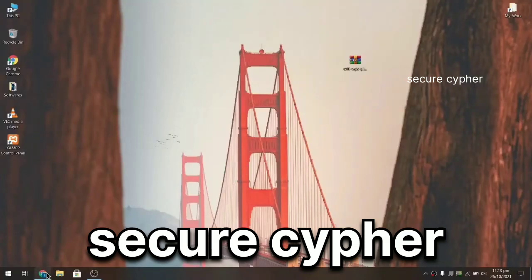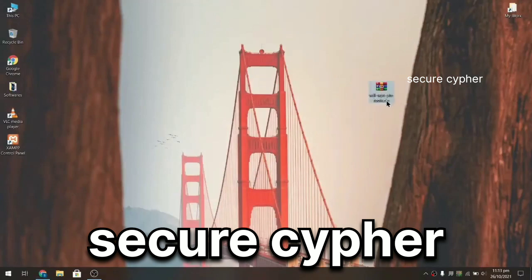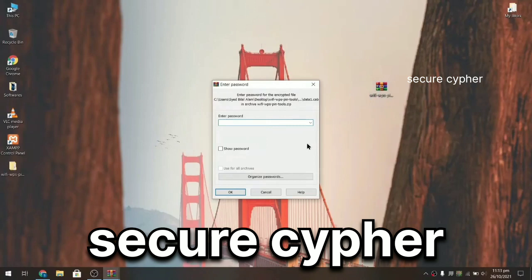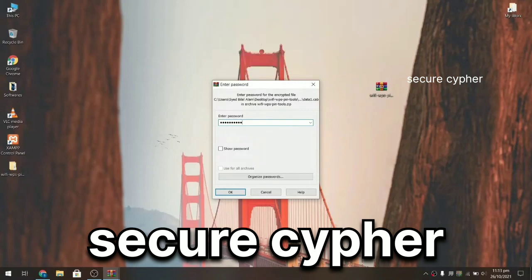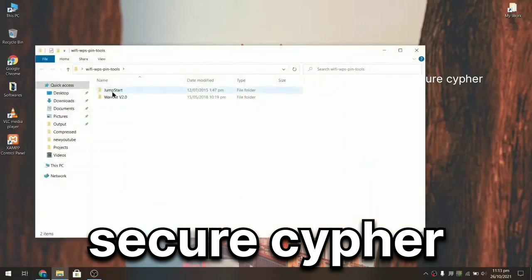So first of all, you have to open your browser and open this link from the description and download this file, and you will get this zip file and you have to extract it. It requires a password which is fixyfix001, as you can see on the screen. It is extracted. This file, you will get this file, and open this file and open jumpstart folder first and